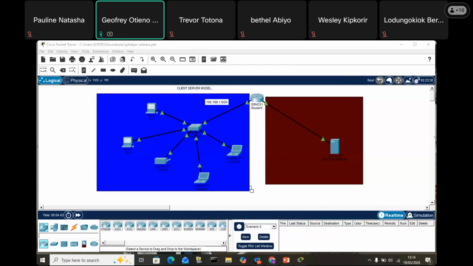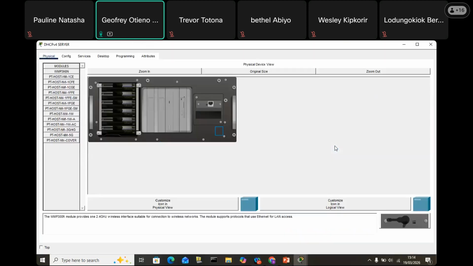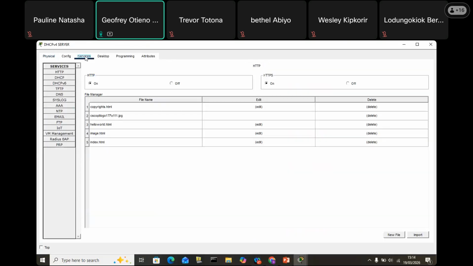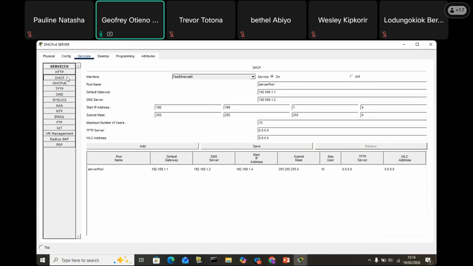I noticed that within the DHCP server here, under services, then DHCP, what we had put here